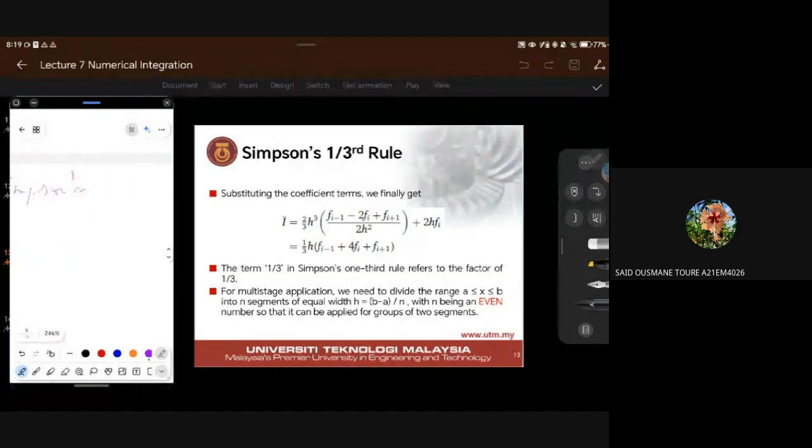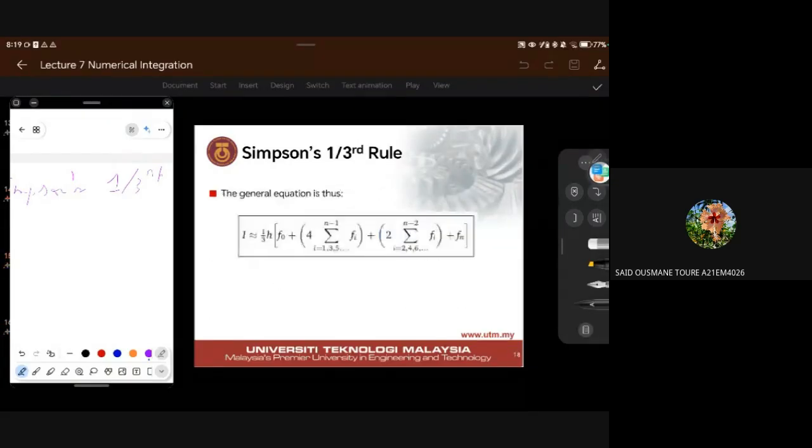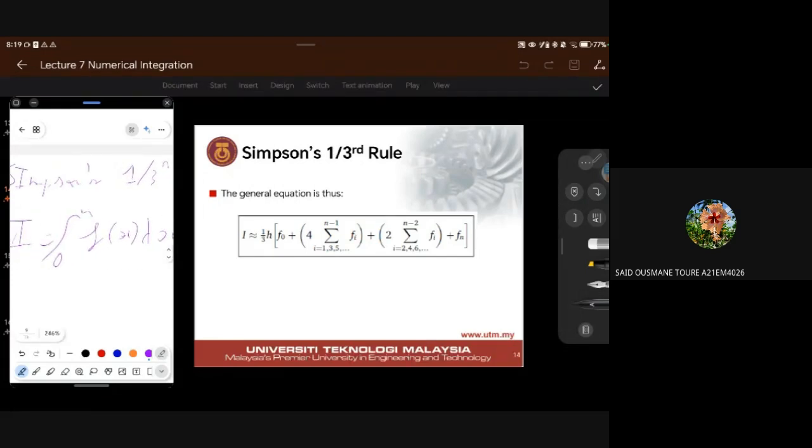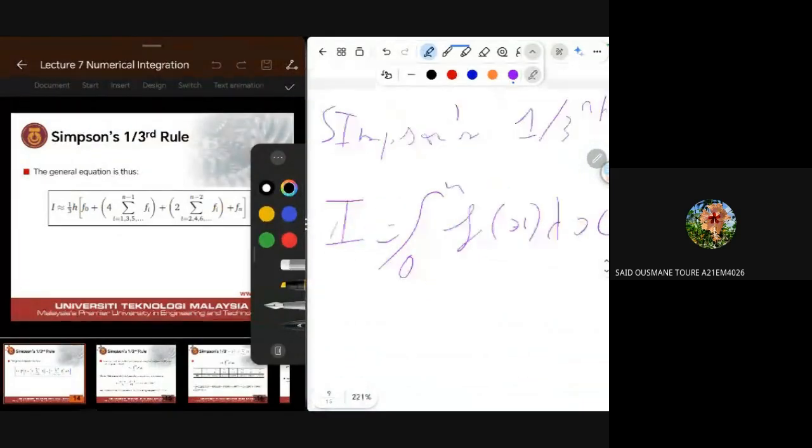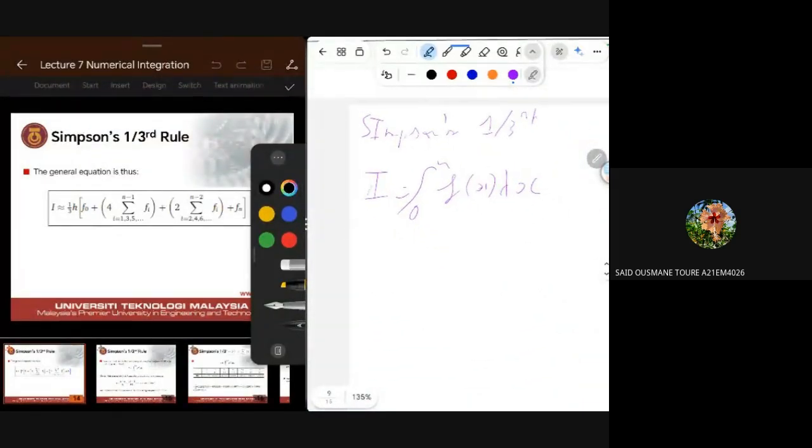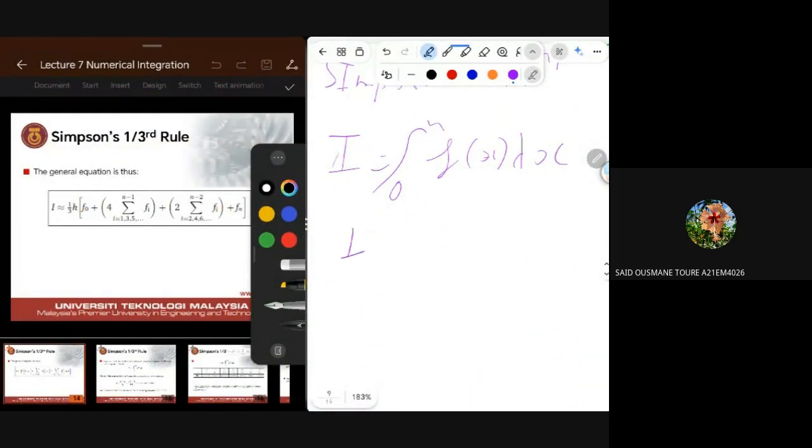Simpson 1/3. It says that if you have an even number of intervals, then for this integral, I equals the integral from x0 to xn of f(x) dx, whatever the number is, you have I equals